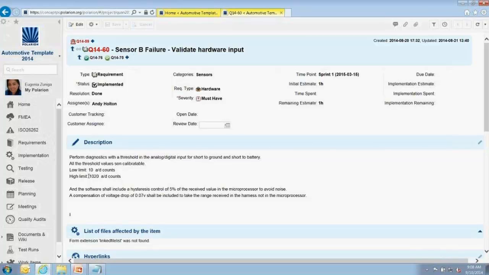Are there any preconditions for the template to work, like any special Polarian version or some extensions which are required? Yes, there is a list of extensions. I'll provide that to Polarian so it can be put out. But there are only 3, which is the user list, the attachments drag and drop, and the assignments per users. I believe those are 3. Anyways, I'm going to provide that information, and you will get that by email too, so you can download them.